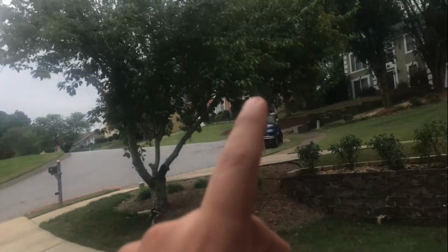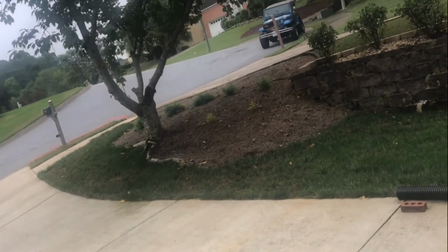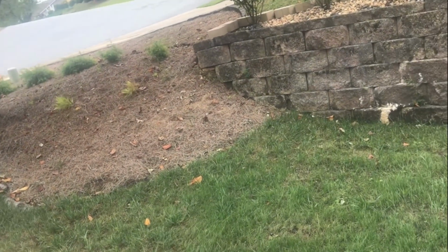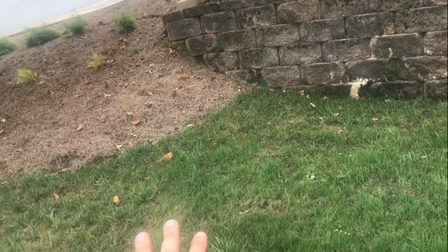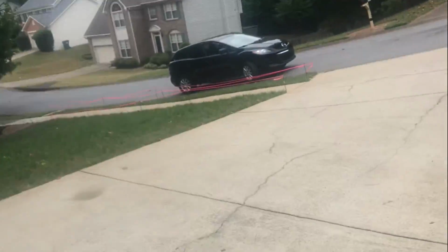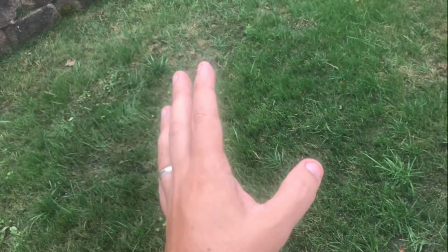And obviously that tree right there, that's a cherry blossom tree. And this corner right here gets less light, so I might have to struggle with that a little bit in the summertime. But I'm really excited. I want something that's going to survive in the Georgia heat, and I think, you know, this is a trial and